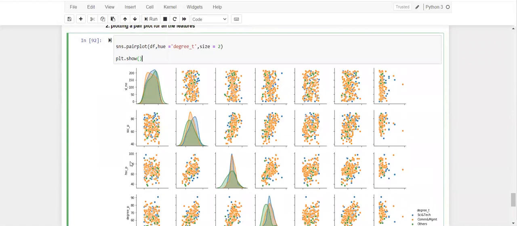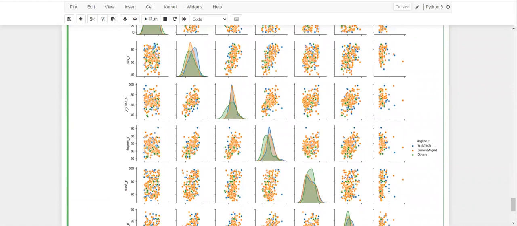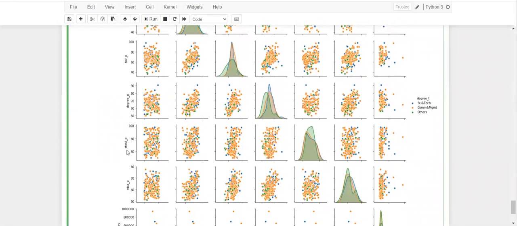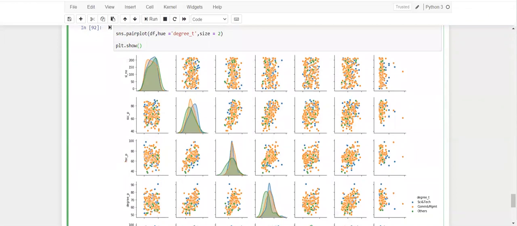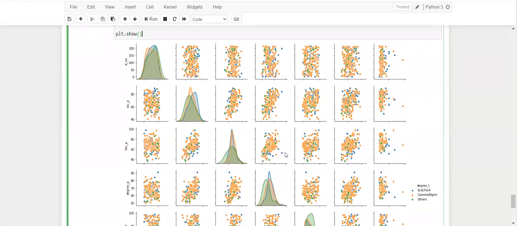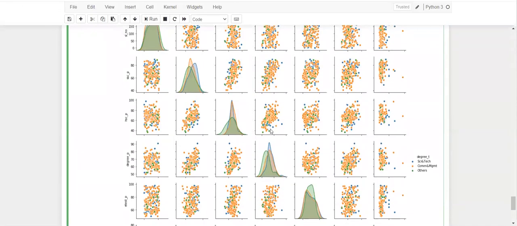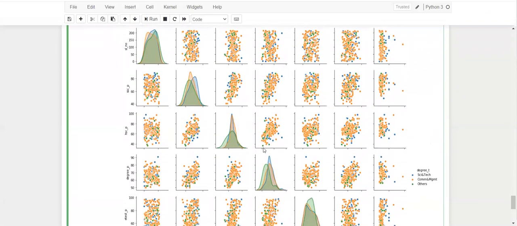So here, if you could see, we have taken all the columns that were there, like the serial number, SSC percentage, HSC percentage, degree percentage, and all of the columns on the y-axis, and then again the same on the x-axis. Then we will see how the data looks like, how the pattern of the data is, and how the correlation strength is between those two particular attributes. If there is a gradual increase, then it's a pretty good correlation that is present between the attributes.